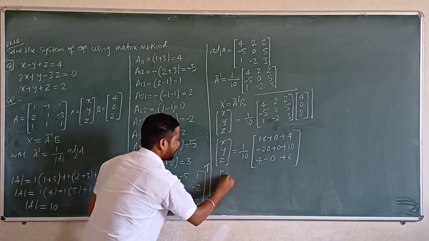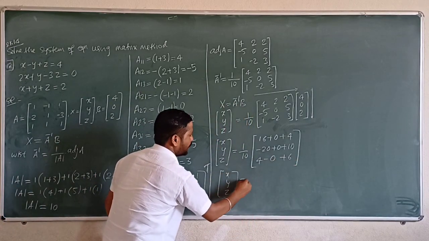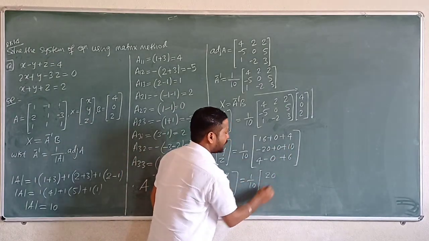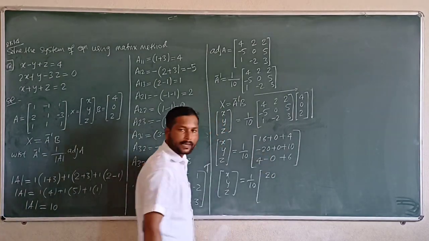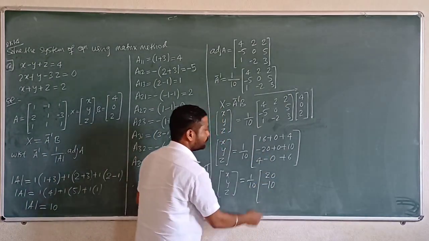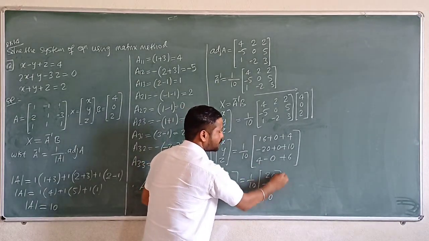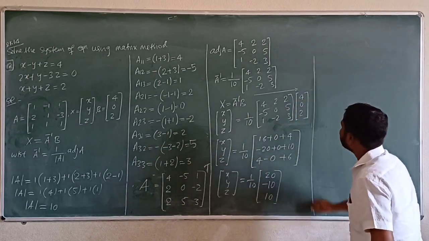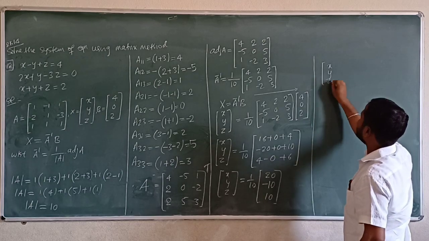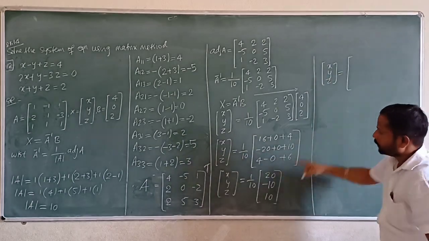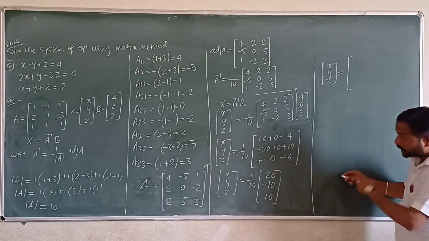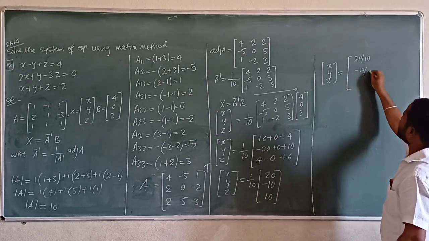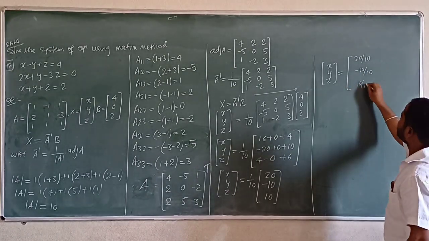So therefore x y z is equal to 1 divided by 10 into now, right? 16 plus 4 that is 20. Next minus 20 plus 10 is minus 10, and 6 plus 4 again is 10 now, right? Take x y z as it is now. x y z is equal to 1 by 10 multiplied for all the elements now. It becomes 2 by 10. Next minus 10 by 10. Next that is 10 by 10 now.